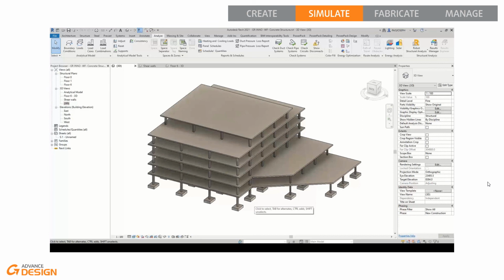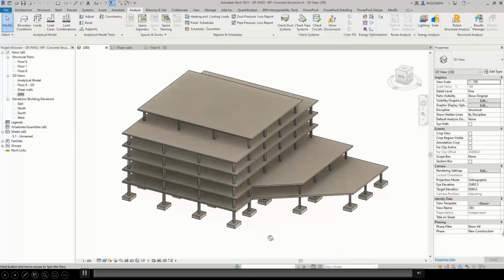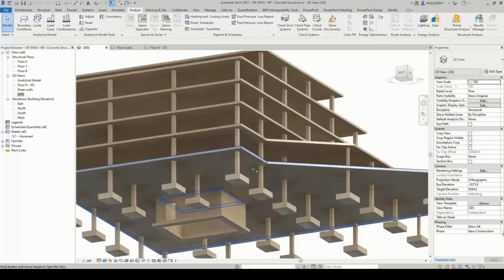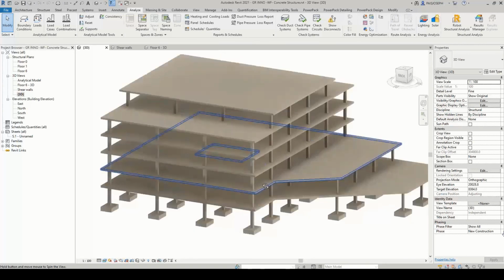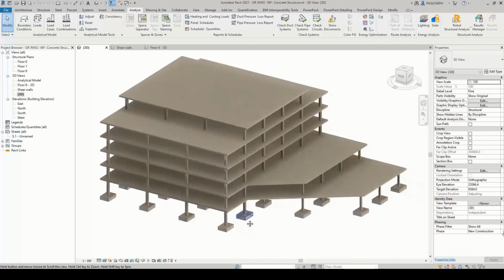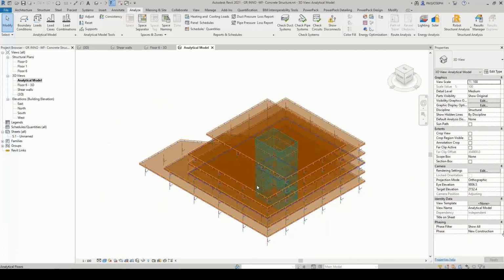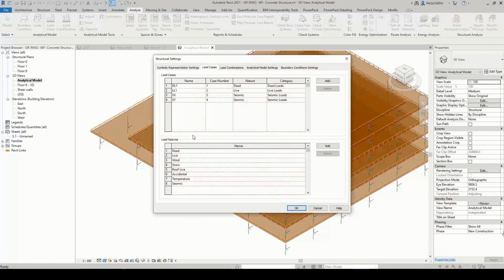Okay, so what I propose is to have an overview of this first workflow to see in action the global rules and global guidelines for this first scenario. So as an initial configuration, we have here a Revit model organized by level, composed with classical and usual Revit families. And in parallel of this model, we have in background this analytical model set and managed by Revit, automatically created, and load cases.